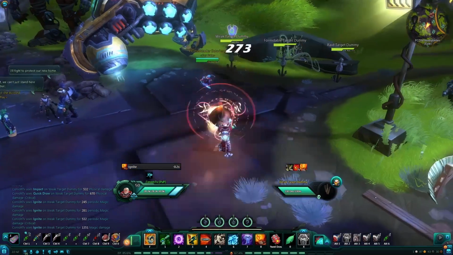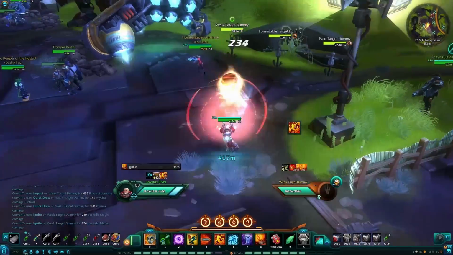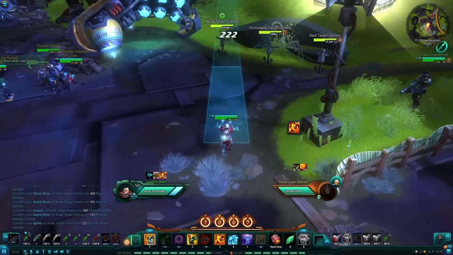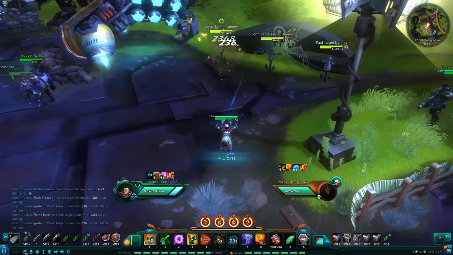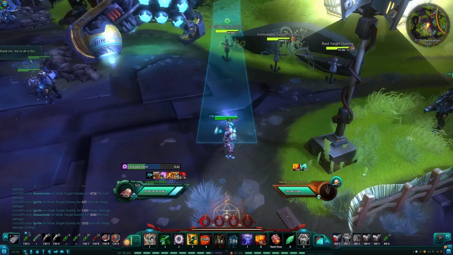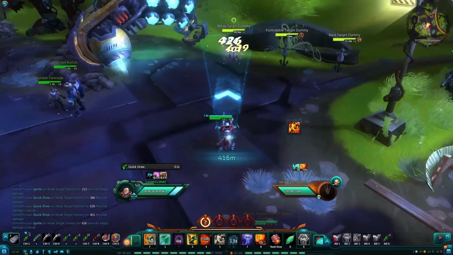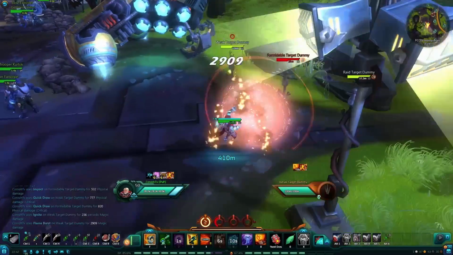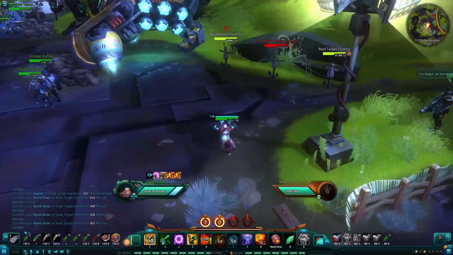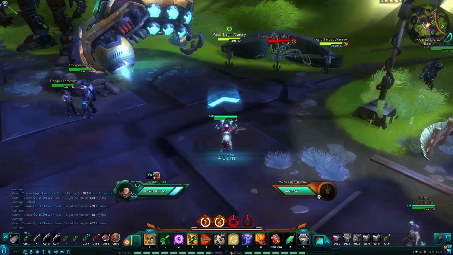So what I like to do is keep up my regular Ignite and use Quick Draw until I get a Flame Burst proc. So I've got my Flame Burst proc and I've got my dot on my target, so now I'm going to root, Flame Burst, Spell Surge, Ignite, Assassinate, Charge Shot, and then reapply my regular Ignite, and then just use Flame Burst if it's available, and use Quick Draw as a filler. So that's the basic, simple way of using a full spell